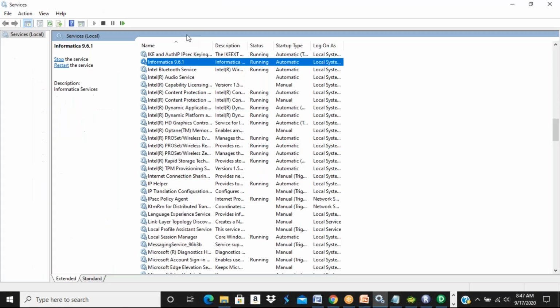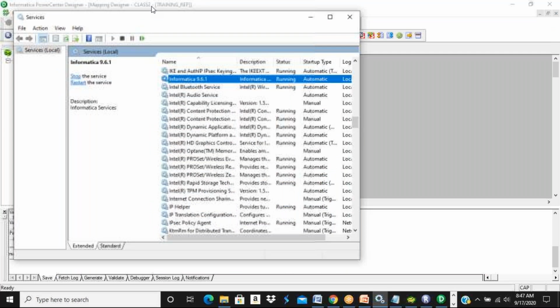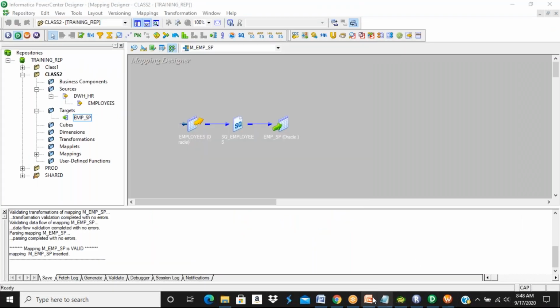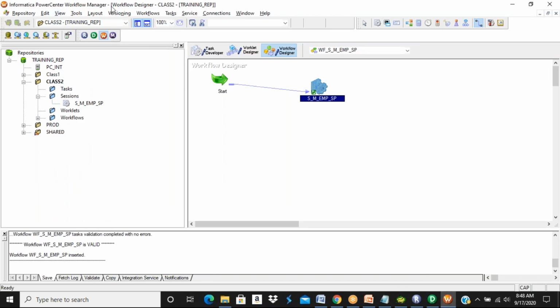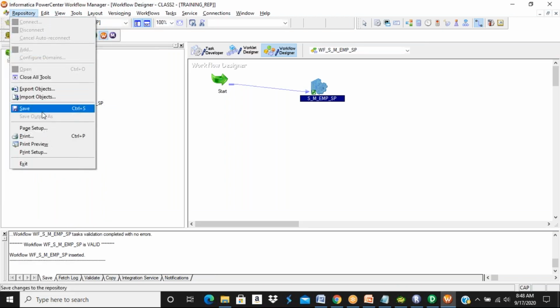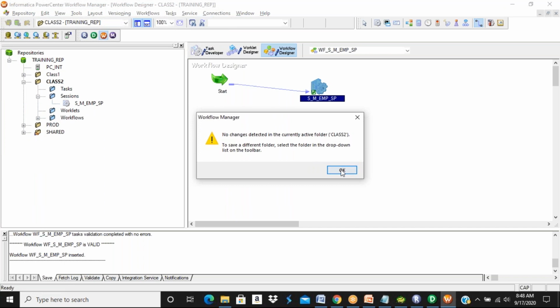In between, the transformations are going to change. On a daily basis, we are going to build the same logic. But here, in between source and target, I'm going to talk about transformations. The steps will be the same on a daily basis. Now what happens? My complete code is developed.